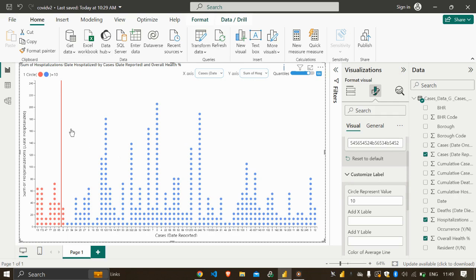Now let's dive into the left side of the chart. What does this part do? The left side of the chart has the high-risk patients. These patients have a low probability of surviving. As you can see, there is a 21% probability on the case date reported of 172. So on that date, 172 cases were reported with a probability of 21%. These patients have a low probability of surviving, and therefore require more intensive care and attention. The density and distribution of the circles can help us understand the concentration of high-risk cases within